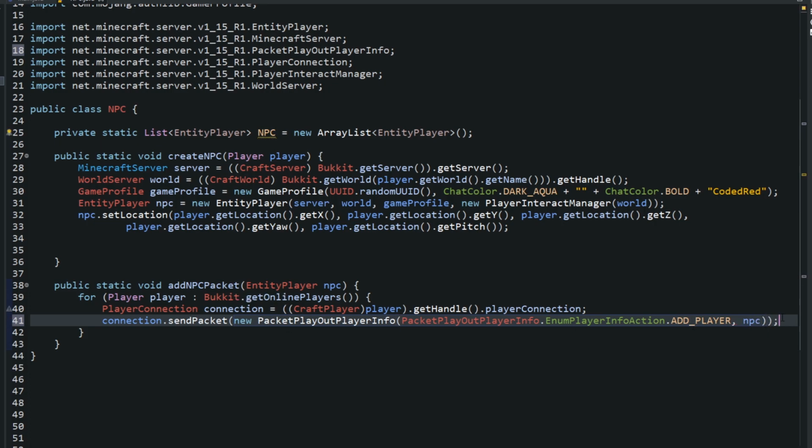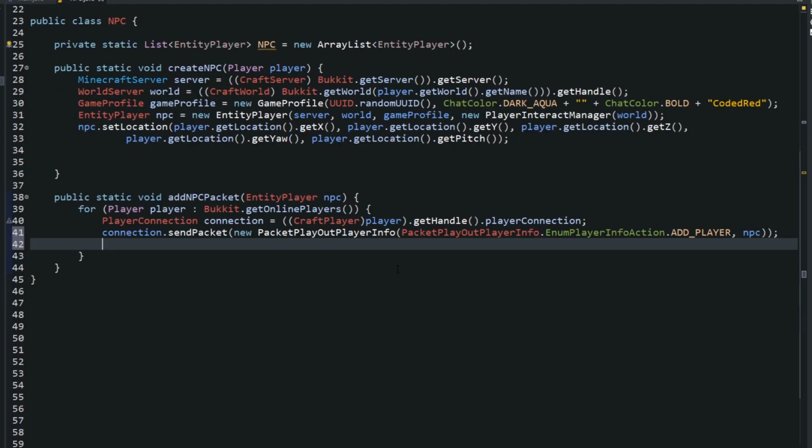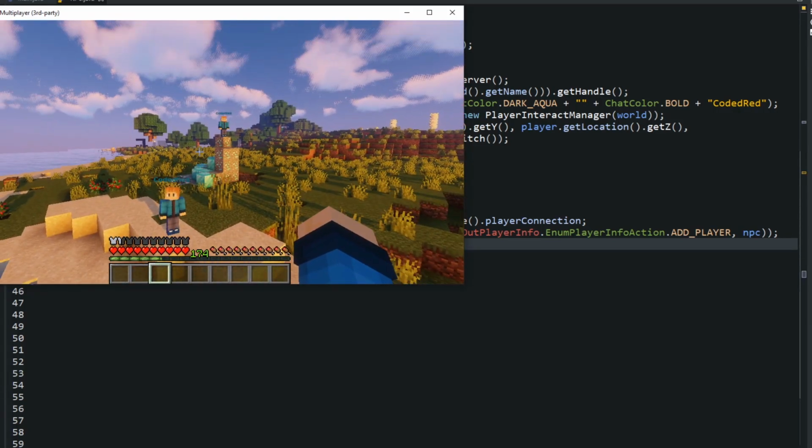So what this packet does is add the NPC to the player info packet. That's what you can see when I press tab, you see the code.